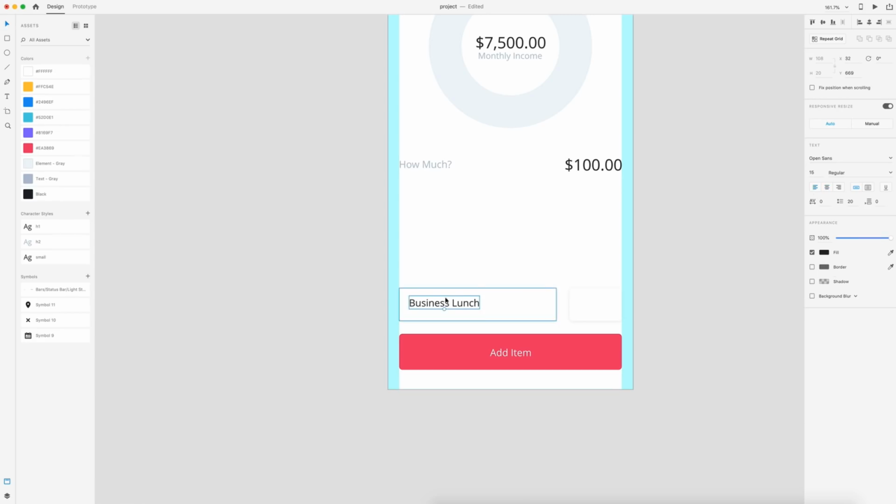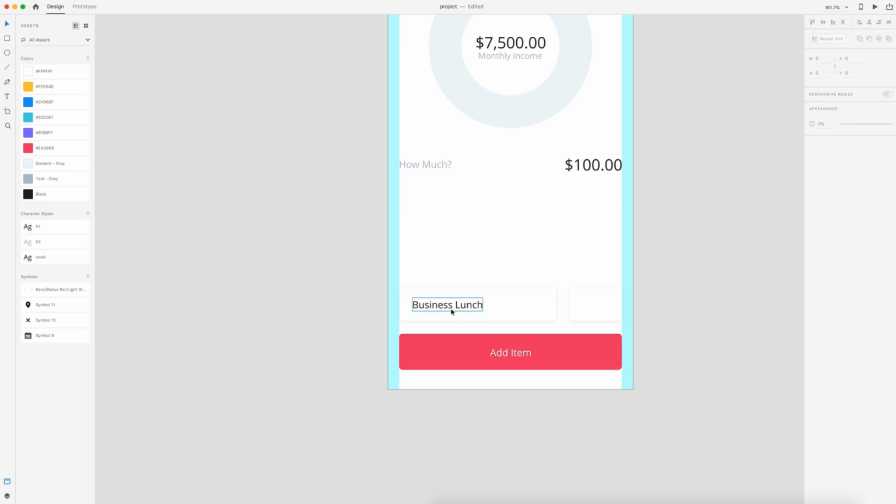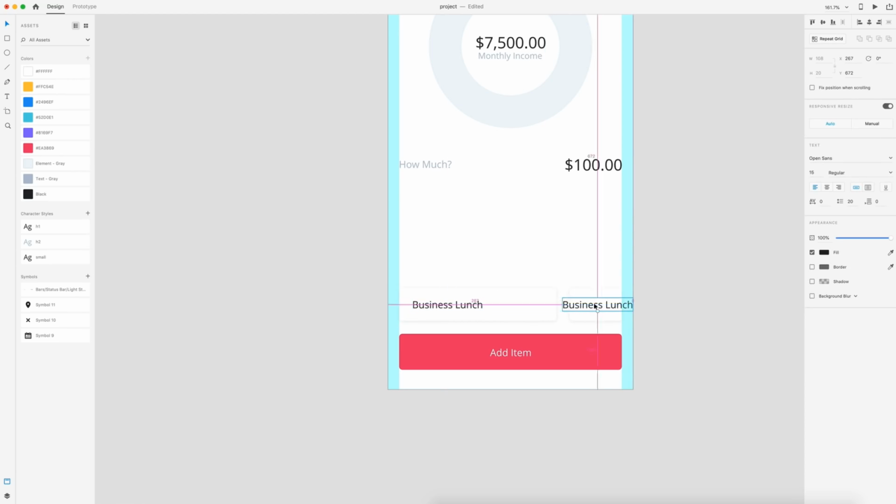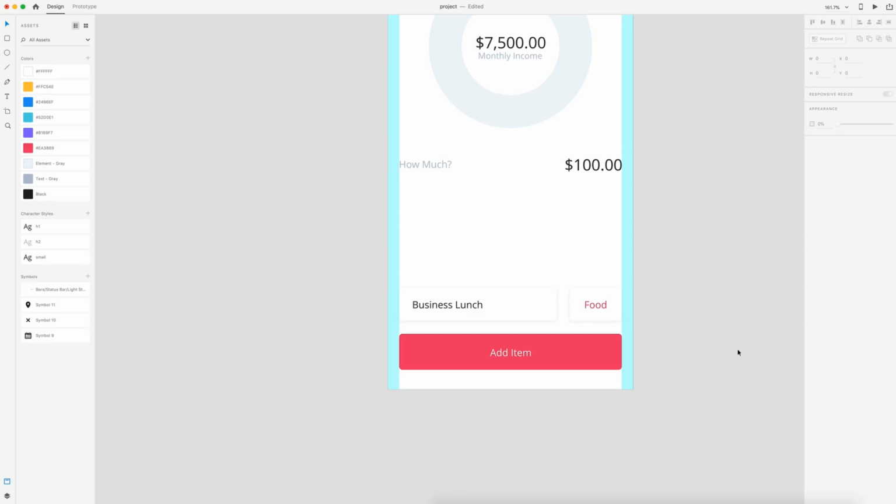I'm gonna line this to the left, center it up in the rectangle, and put 20 spacing on the left. I'm also going to duplicate this and change this to food. Change the color to red, center it, and then center it inside of this other rectangle. Just like that. And one final thing we need to do for this input is drag in a pin icon